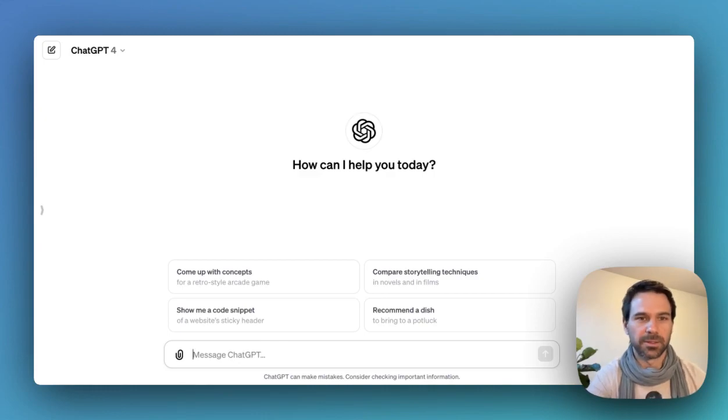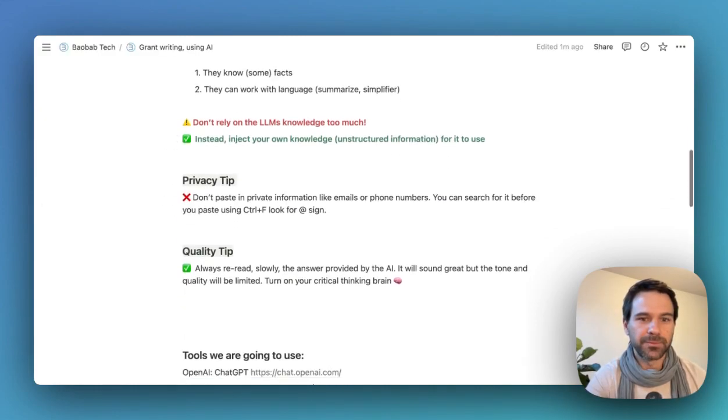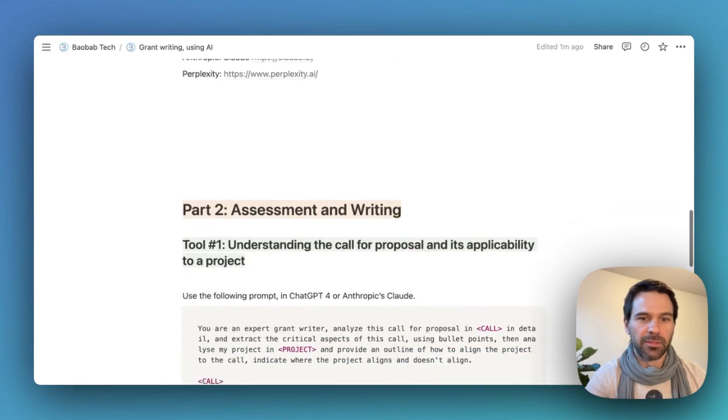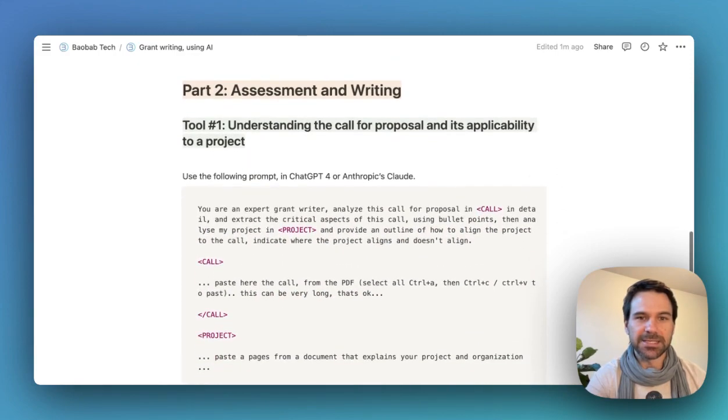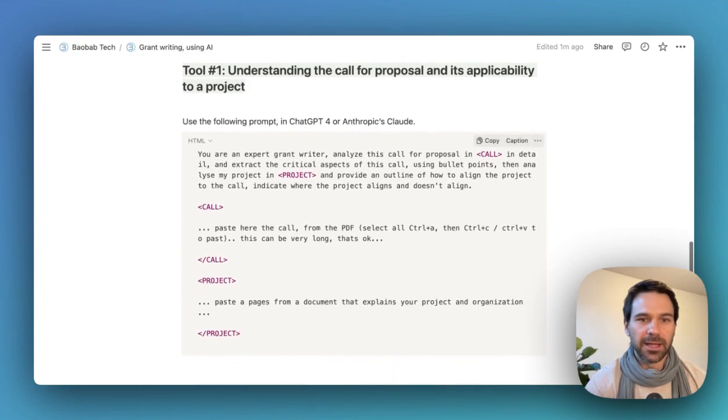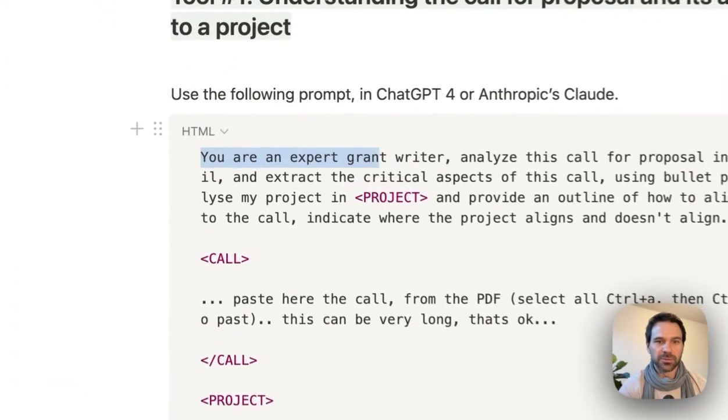So the first thing we're going to do is assess a call for proposal. We're going to give it information, and then ask it to assess this call and how it matches our project. The prompt we're going to use, and we can use this in GPT or in Anthropic, is we're going to first use